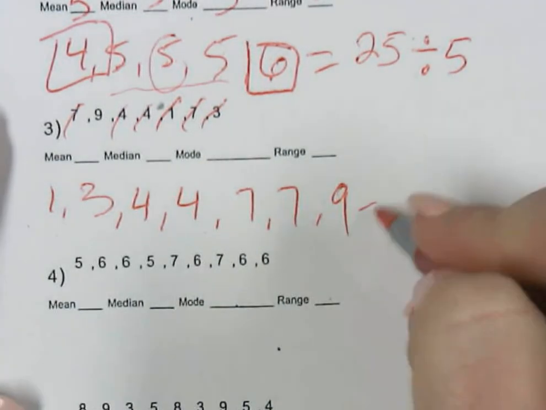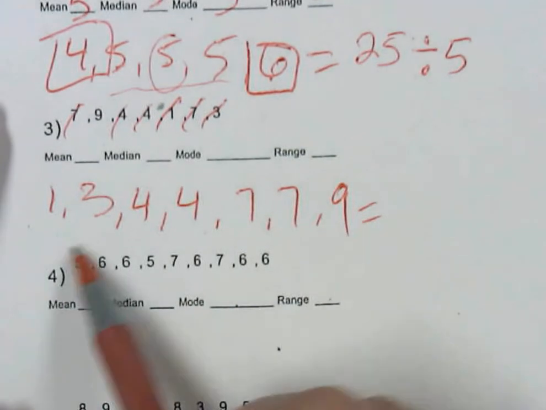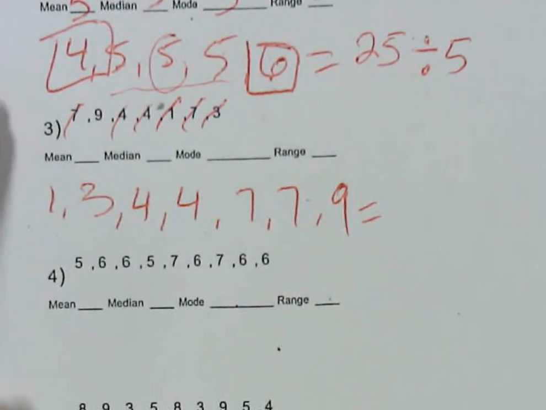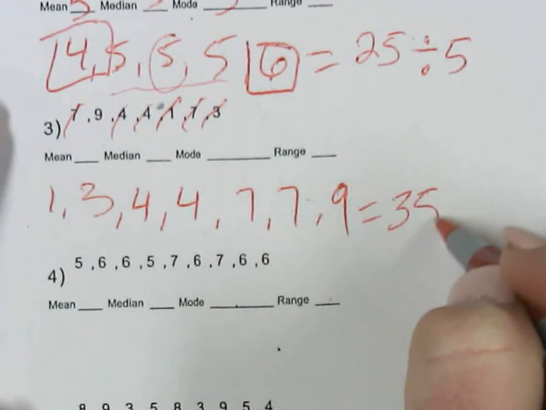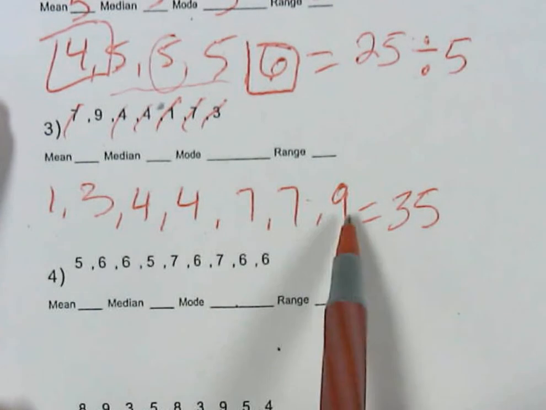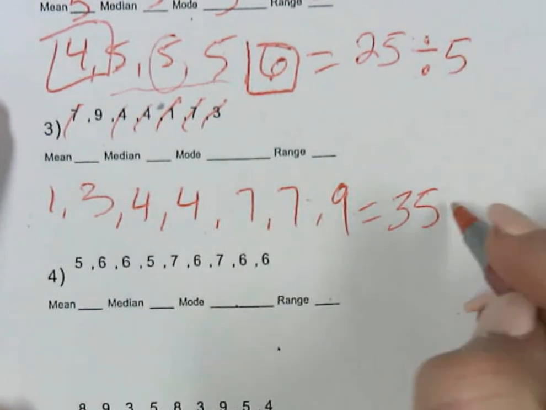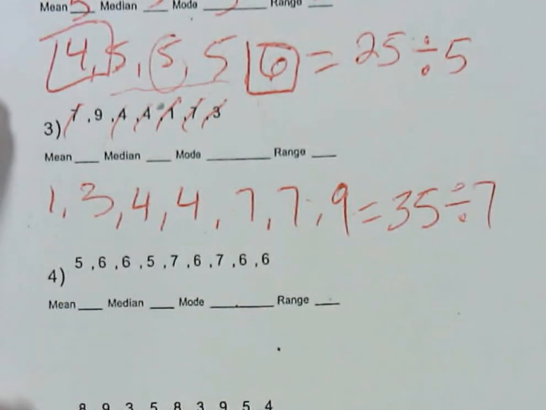Finding the mean or finding the average, add them all up and see what we get. You get 35. Now we have to divide by how many numbers are in our set. There's 7 of them. 35 divided by 7